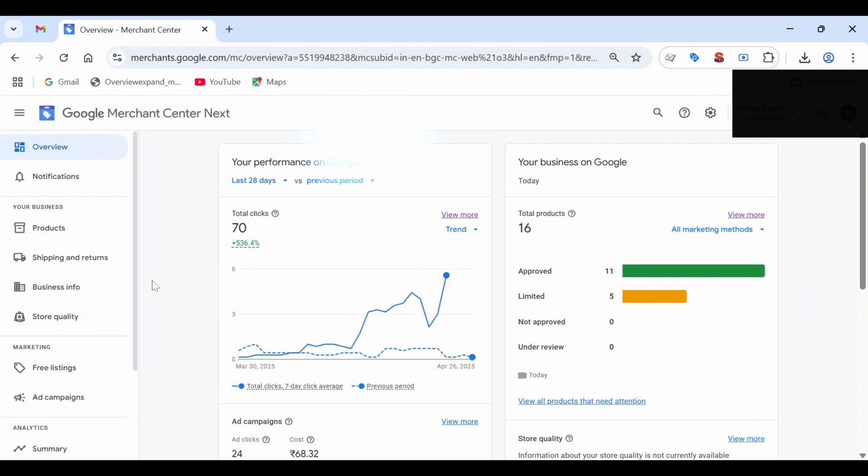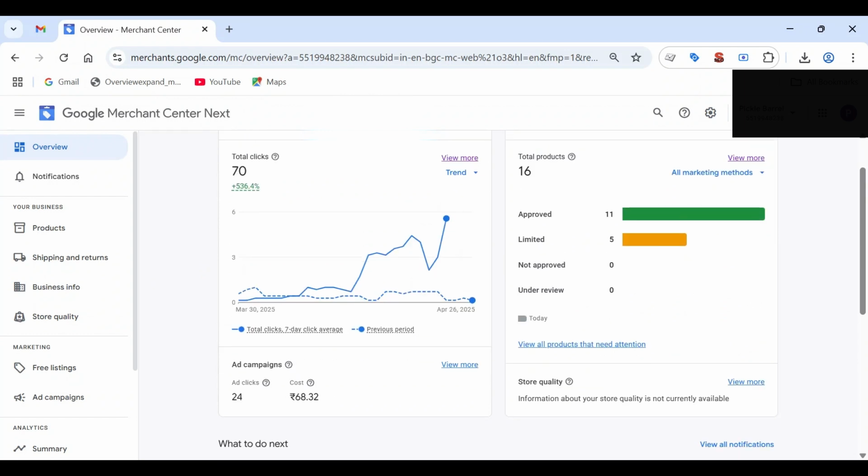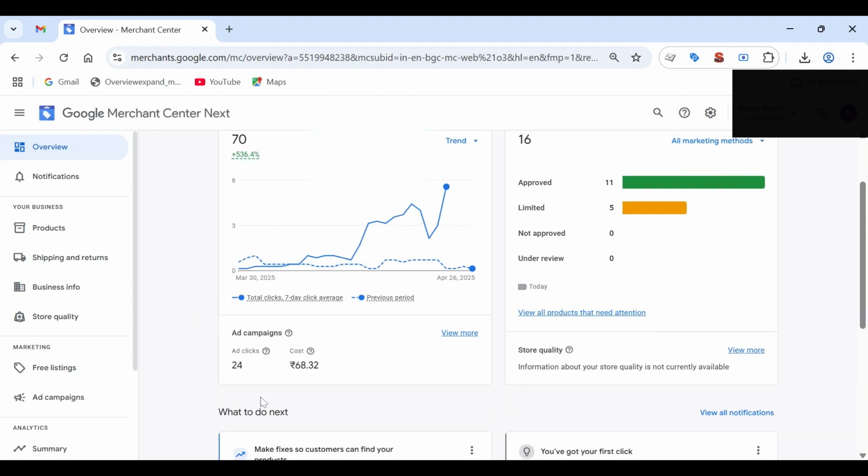And one thing I forgot to mention is that it is really helpful if you have signed in to a merchant account, and with the same account you have a Google Ads account or your Google local business account, in case you are selling your business offline as well. It's good to be logged in via the same account so that you can have all the details in one place. So recently I have started running ads for this account. So here you can see the ad analytics as well, right?